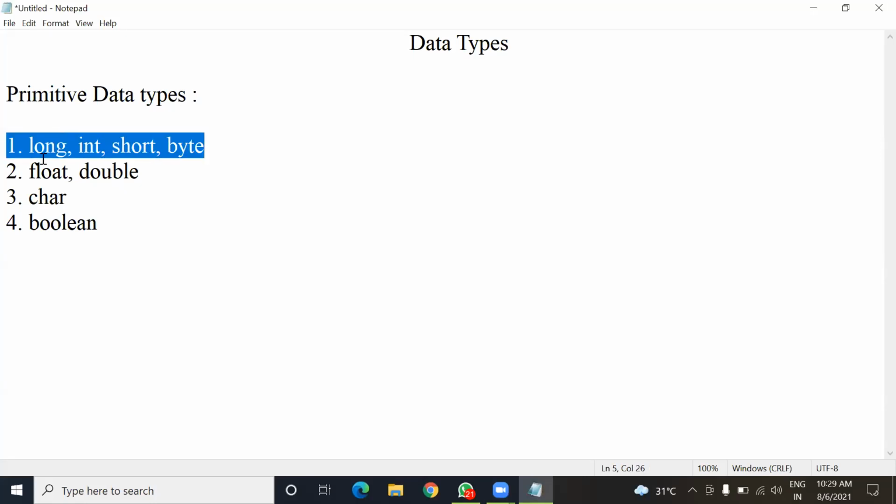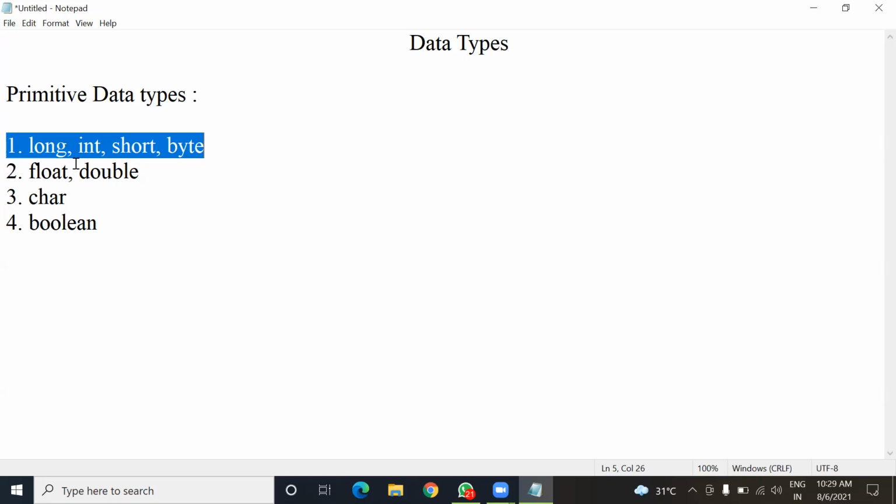In the last class, I told you the difference between these four: long, int, short, and byte. All these data types support integer type of values, but they differ in two things: the range and the size. Which one has the highest range? The long.